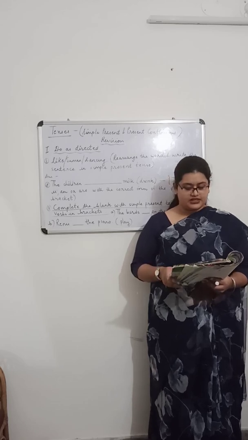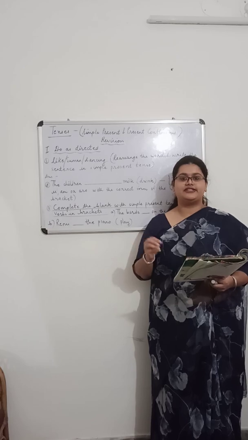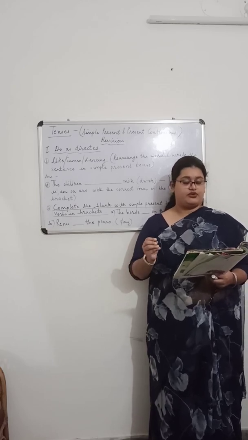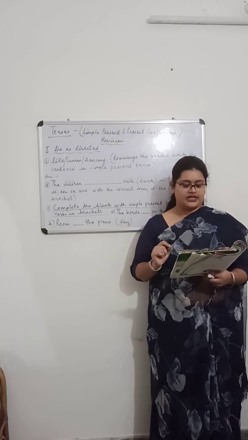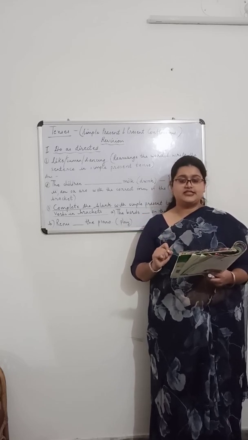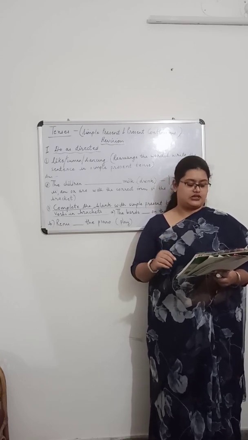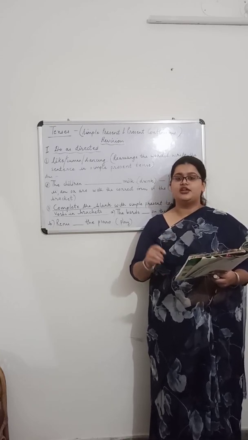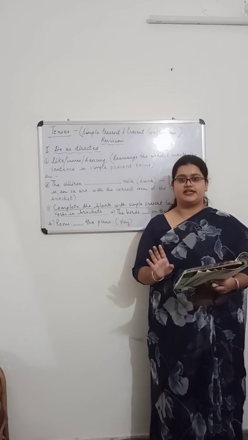Alright. Then now how to write a verb in the simple present tense? Now see, we use the S form of the verb. We add an S after the verb for the simple present tense for singular nouns. Okay. And in case of plural nouns and I, you, we, they, we use the base form of the verb. We do not add an S in the simple present tense.